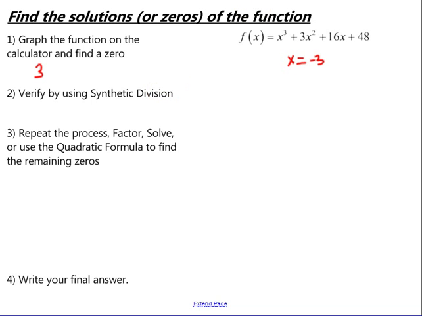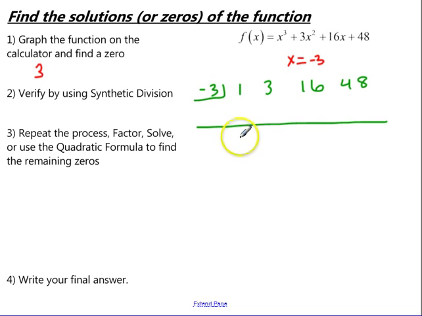Then we want to verify by using synthetic division. So we're going to take that -3, box it, and then take our coefficients, 1, 3, 16, and 48. And then we're going to go ahead and divide. 1, multiply, add down, multiply, add down. And then when we multiply